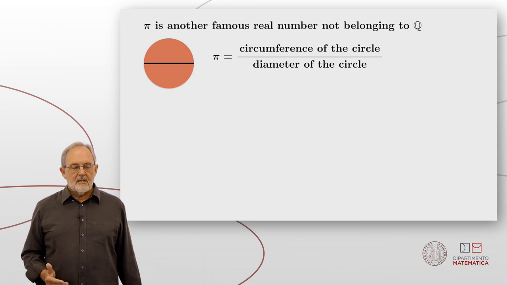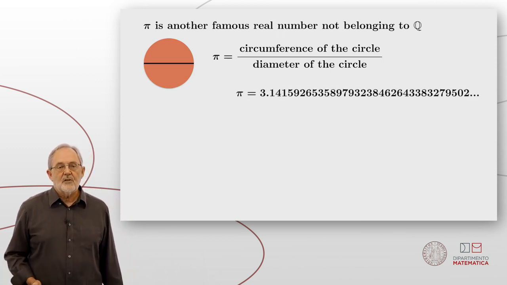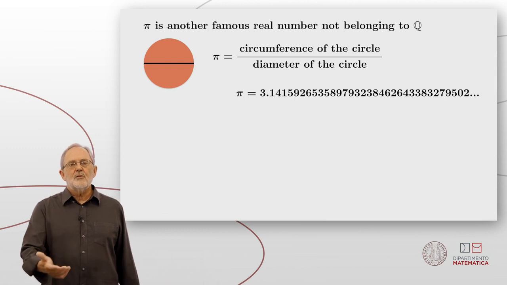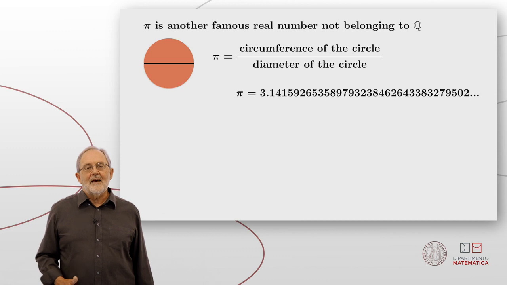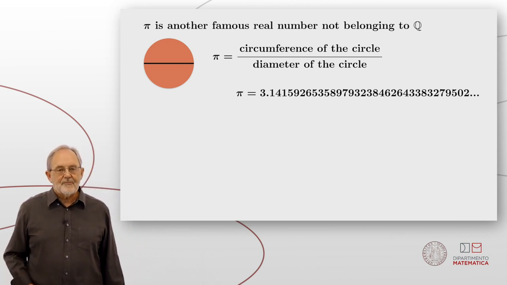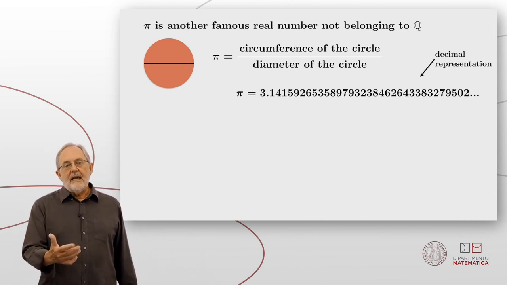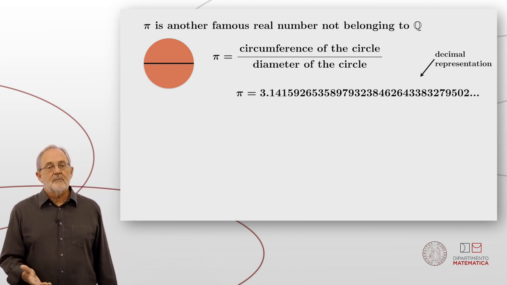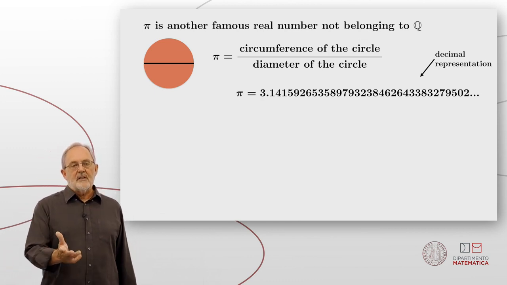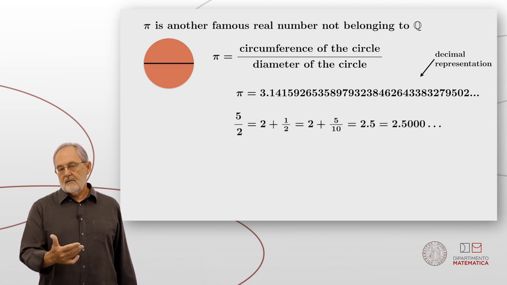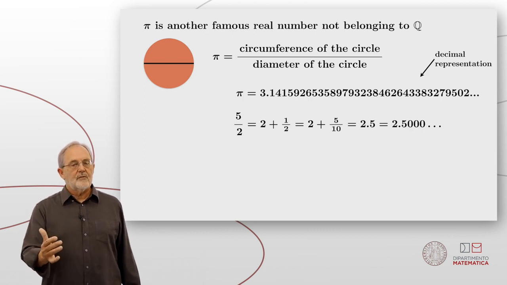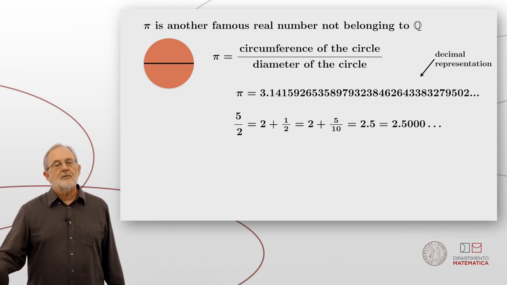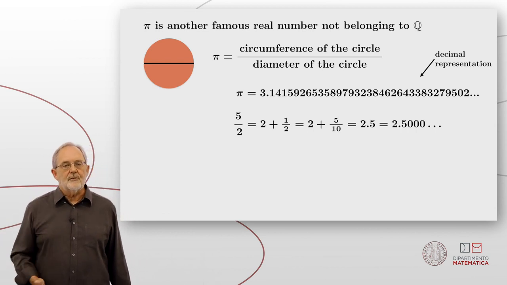In calculus, you learn how to calculate pi to any precision you like, and here is a decimal representation of the number pi. You don't usually calculate it to that many decimals, but what the heck. Now, any real number has a decimal representation, and sometimes they're very easy to find. For example, the number 5/2, a fraction, is equal to 2.5, which is equal to 2 plus 5 over 10, which by definition is 2.5. You can put more zeros after it, infinite number, but you don't have to.